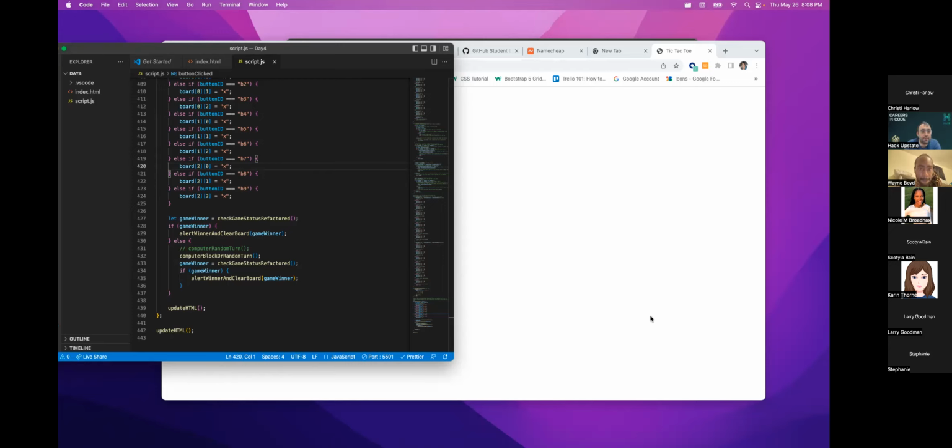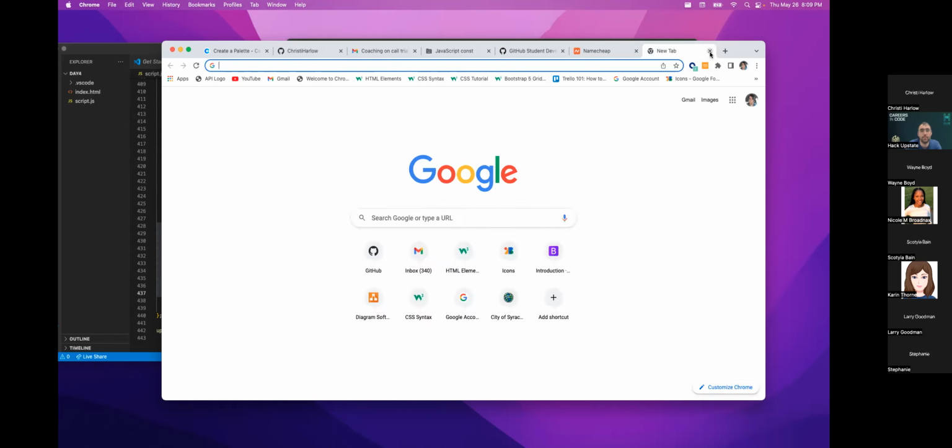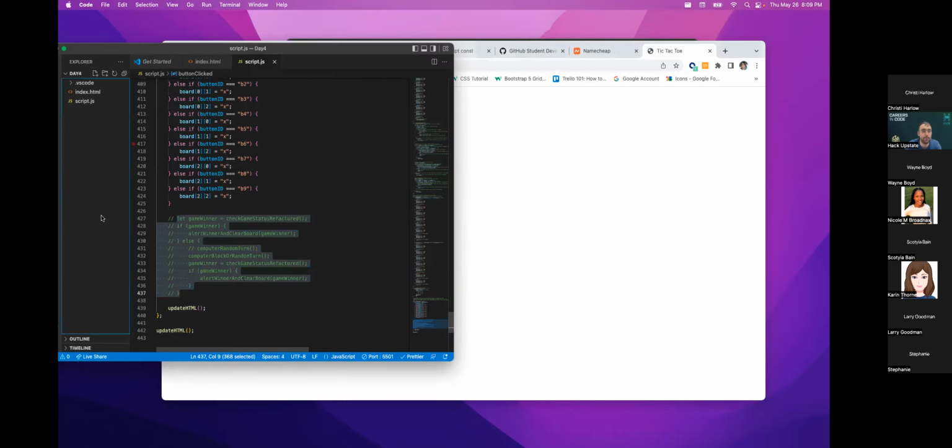So oftentimes what we want to do is comment out our code until it's not a problem, and then comment it back in to see where it's getting hung up. So I'm going to refresh this. I'm going to click somewhere, and our X doesn't even show up. So there must be, well, hold on. Maybe you're still loading. Okay, our X works, and we can place another X, and that's not the problem. So now we go line by line, and we figure out what's holding it up.